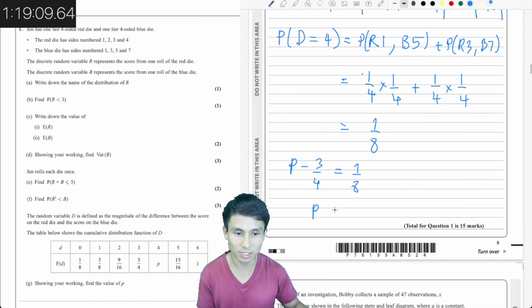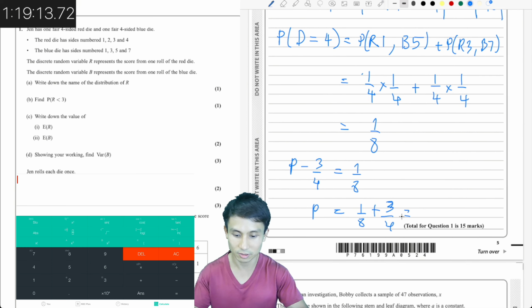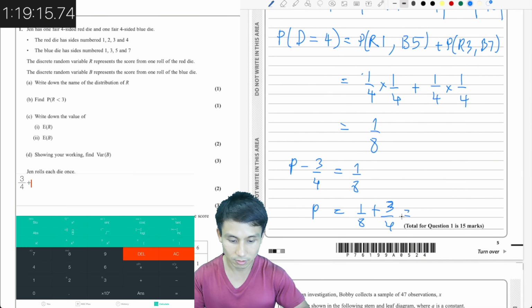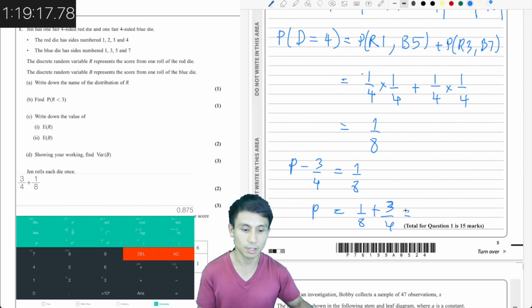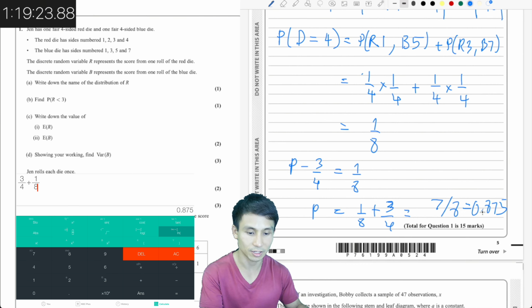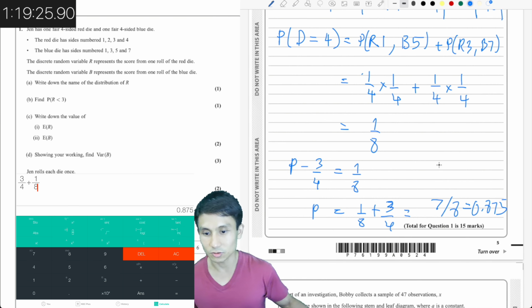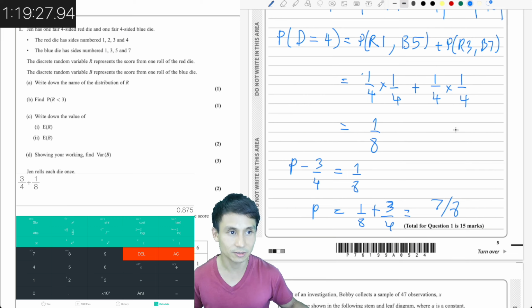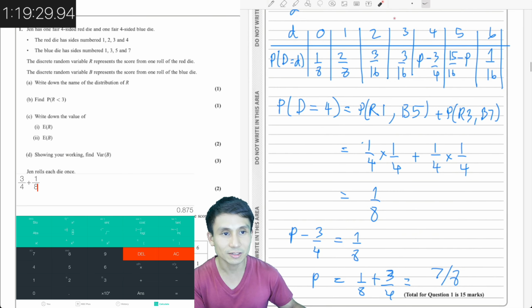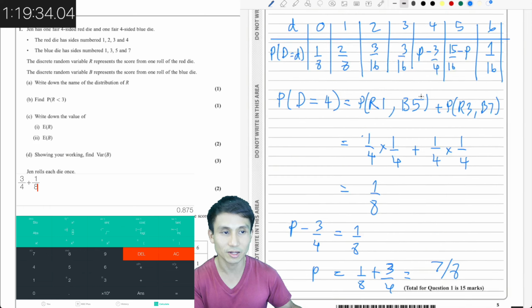Okay, so P is 1 over 8 plus 3 over 4, which is... yep, that's it, 7 over 8, or 0.875. I'm going to do a fraction here. But is that right? Yeah, I mean, it doesn't matter because these two will cancel anyway. But